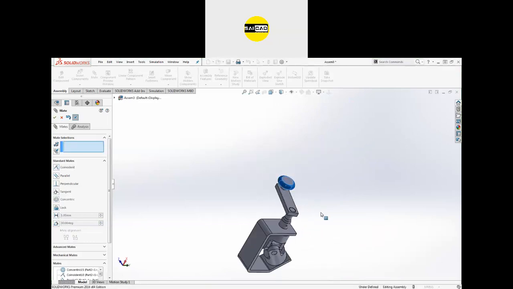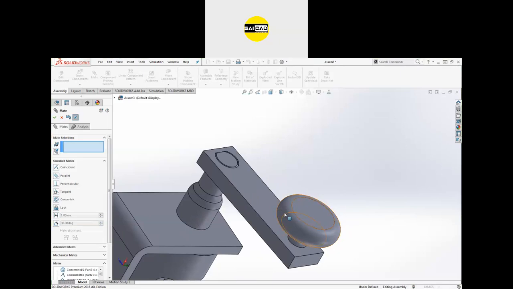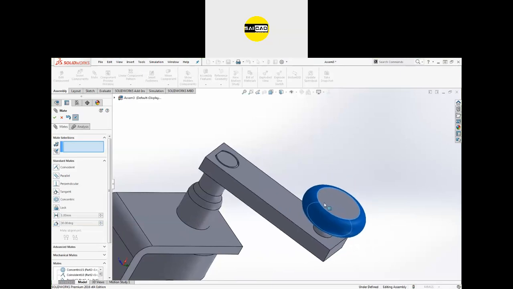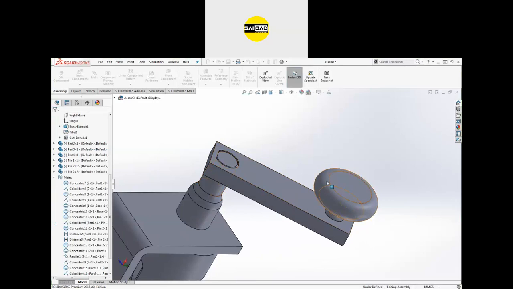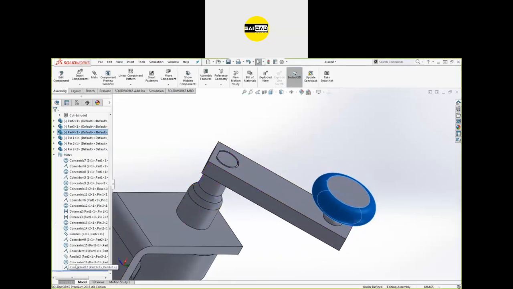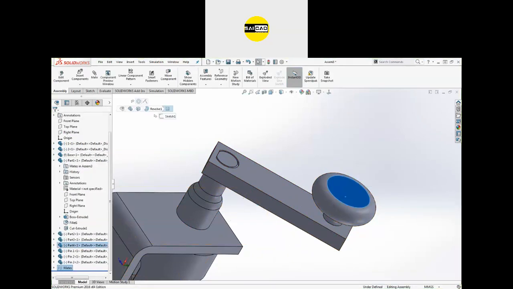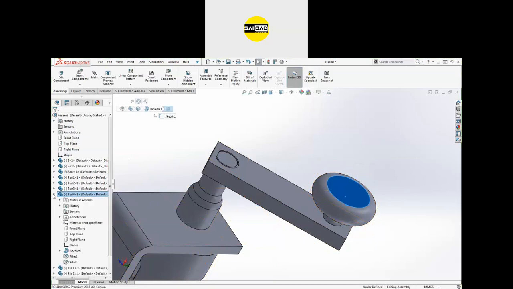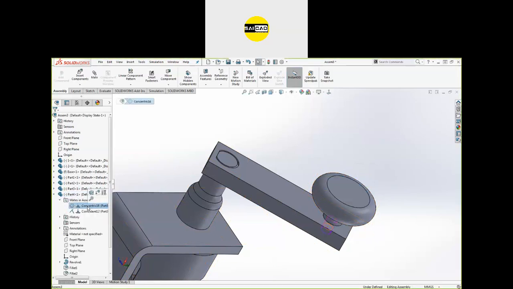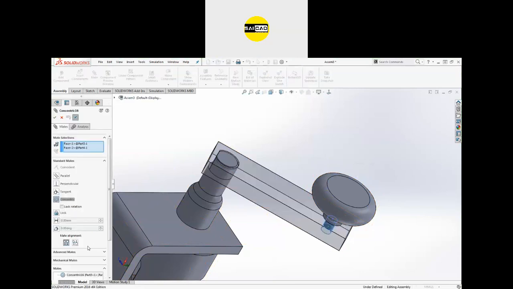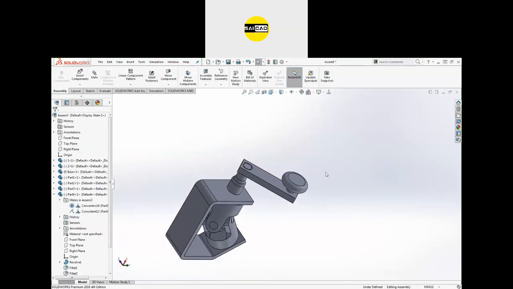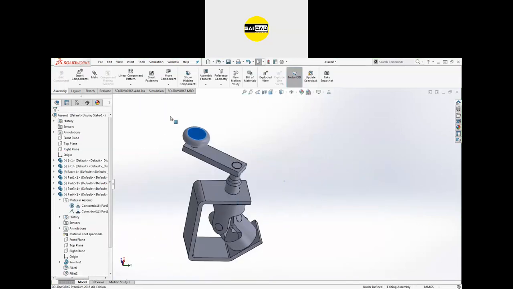Okay, now rotate this object. You can see we are having some problem in rotating this because this is rotatable. This can be rotated around its own axis. So to restrict the rotation around its own axis, we can just go to the mate from here, or we can just select it. You can see this one is the part, the blue one. Go inside, go to the mate in assembly, select the concentric, edit that, and select the lock rotation from here. Click OK, and its rotation is locked now. If I rotate it, now you will see we are able to rotate the whole body easily.